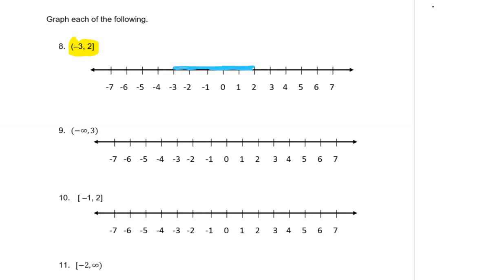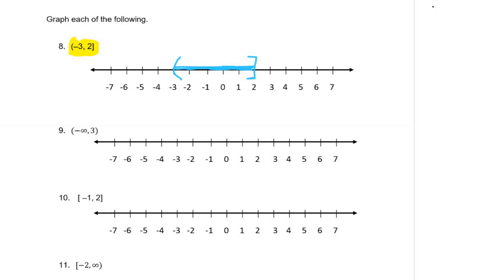If I have a parentheses on that -3, then I'm going to put a parentheses on the -3 on my graph. Since I have a bracket at 2, I'm going to put a bracket over here on my graph at 2. The neat thing about using parentheses and brackets on interval notation is they exactly match the symbols on your